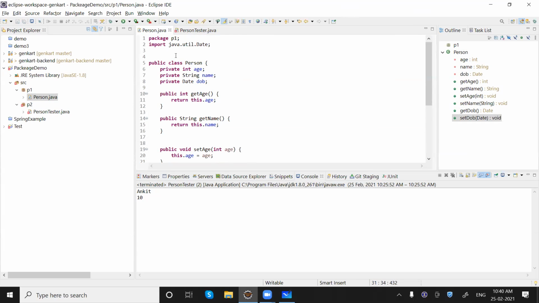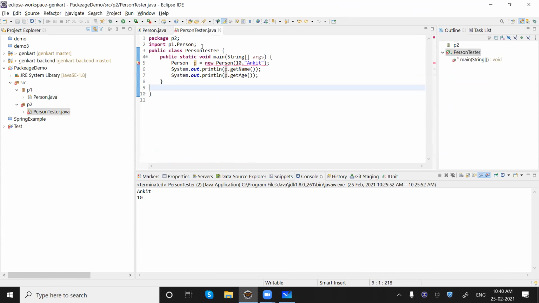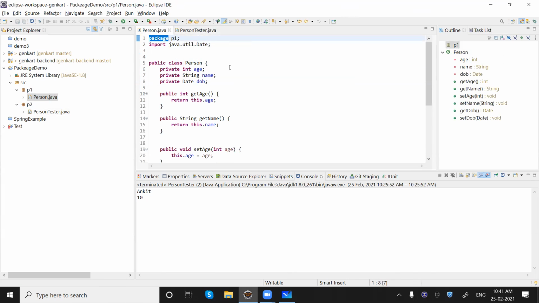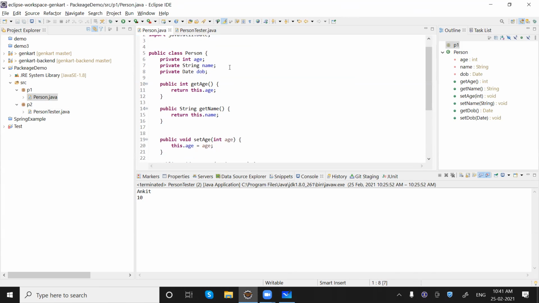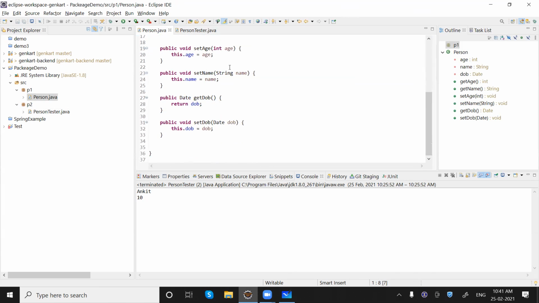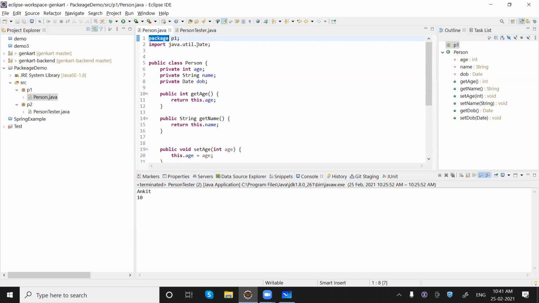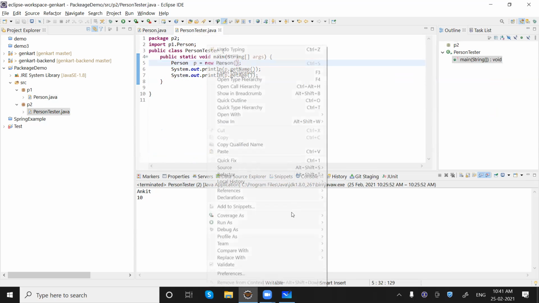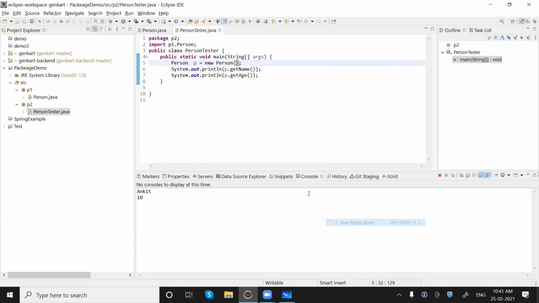Okay, now you can see we have a statement called package p1 here, and for this we have package statement called p2 here. What is the error we are getting? We don't have this constructor right now. Someone is asking, do we need that constructor? It's up to us: if we want to keep it, yes we can, or otherwise we can leave it. So the default constructor would be there. Now if I run this one, we'll get null or 0 because we haven't given any value.